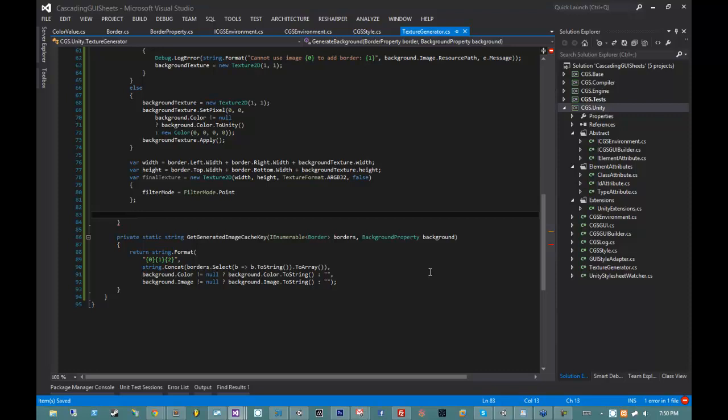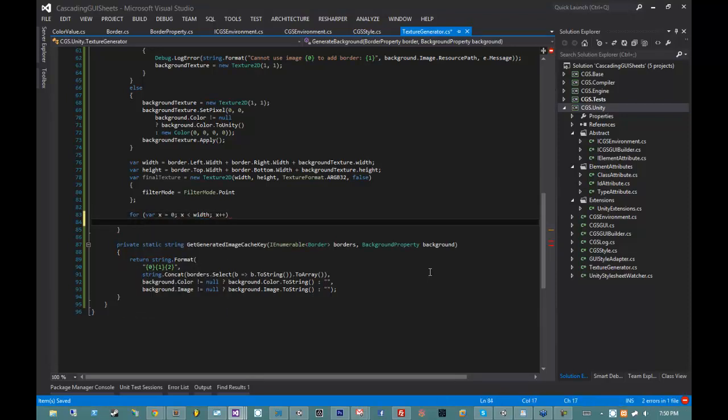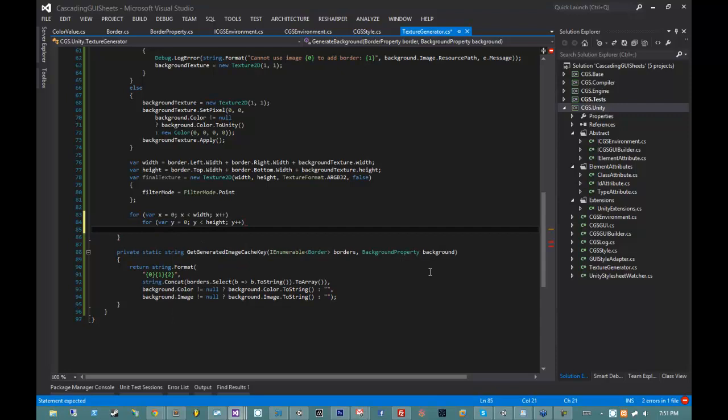Okay. So for var x equals 0, x is smaller than width, x plus plus. So our x coordinate goes across the width. And then we'll do our y coordinate. So y equals 0, y is smaller than height, y plus plus. Then we have to